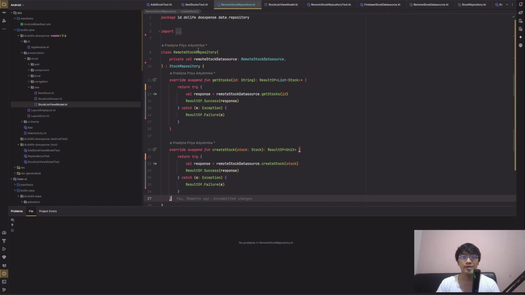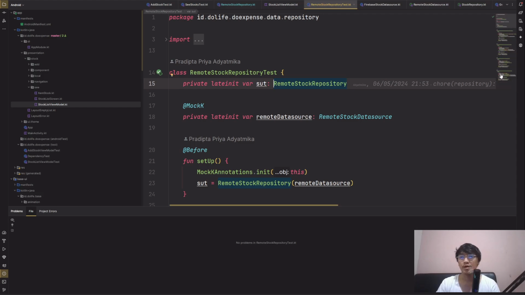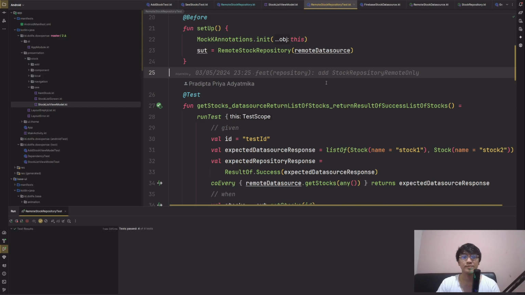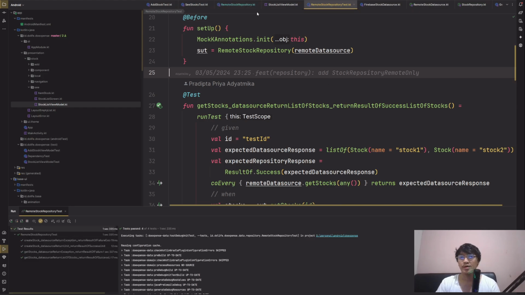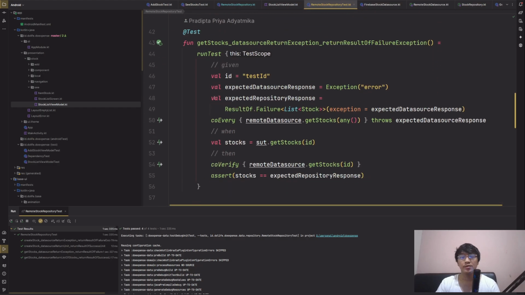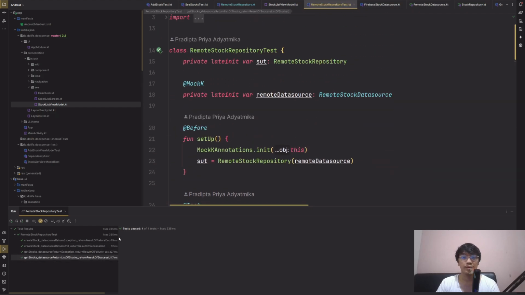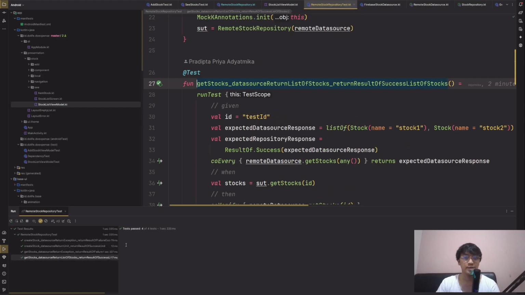Okay, since we changed the remote stock repository straight away, we need to check our unit test too. Okay, there's nothing wrong in here. Yeah, then let's run. Nah, there's nothing going on in here, just a success, and success.